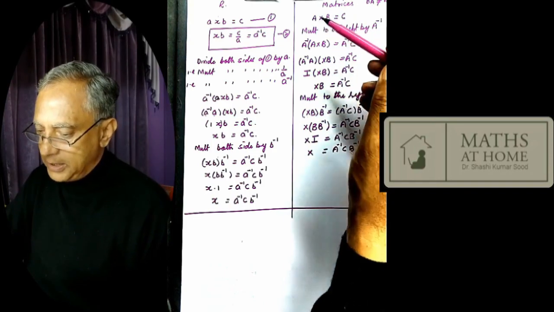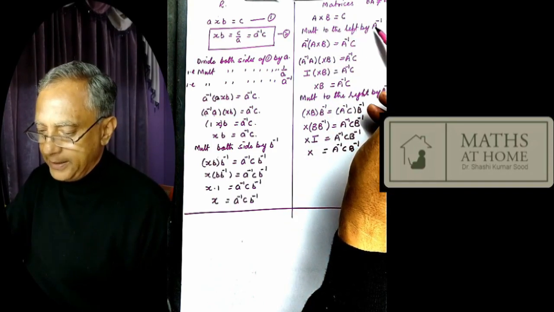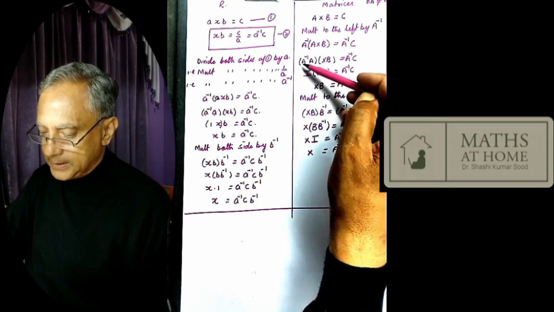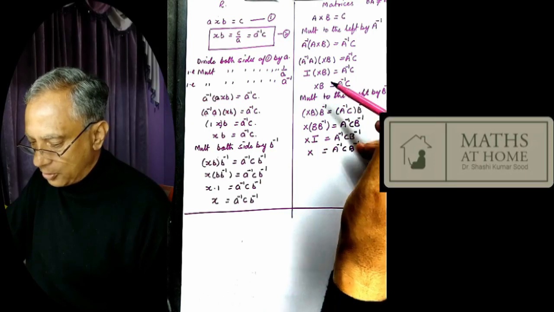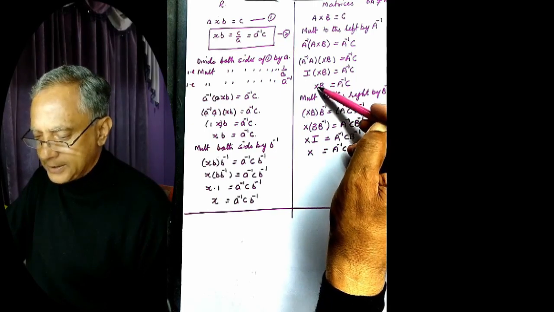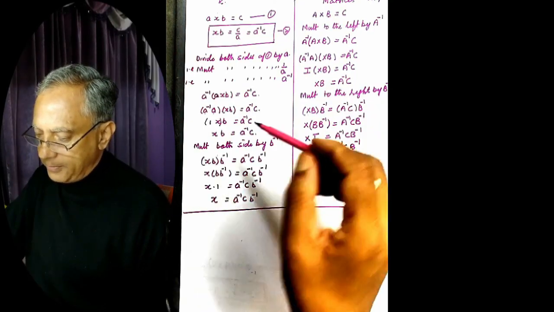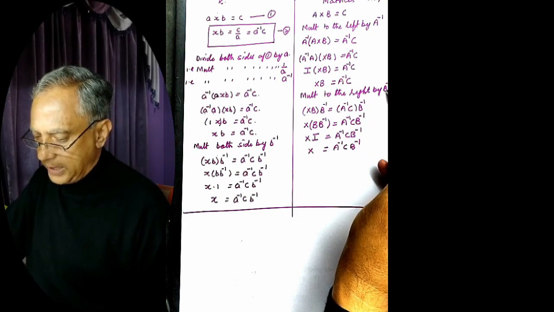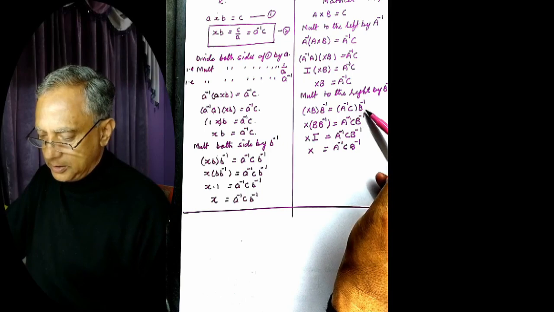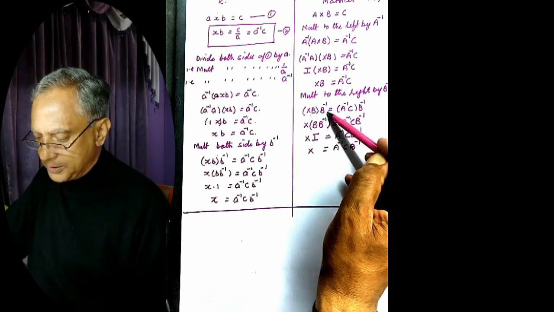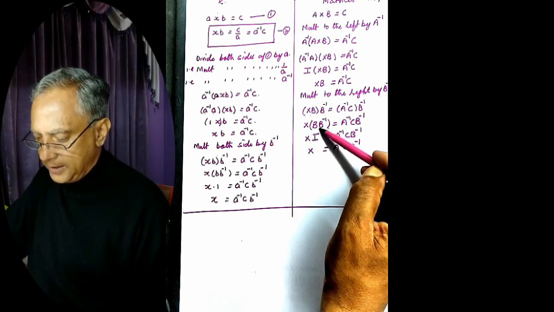So first is multiply to the left by A inverse. This is I, and we get this. Now we have to remove this in order to get X. So multiply to the right by B inverse. What we get is XB into B inverse is this much. Now associativity gives this. This is I, and we get